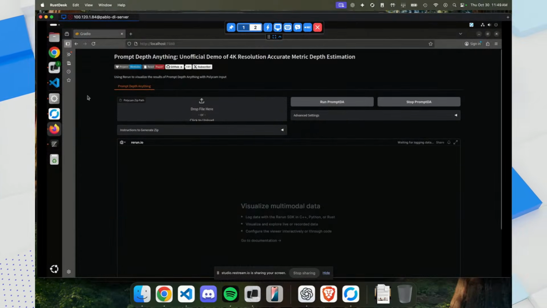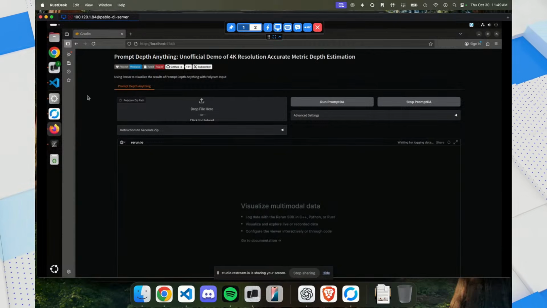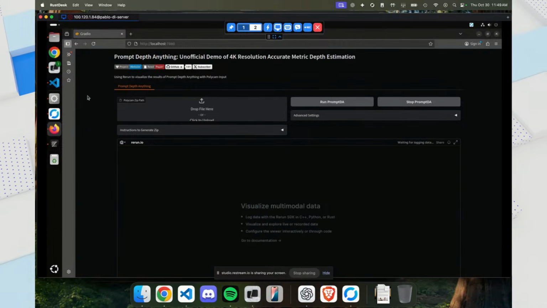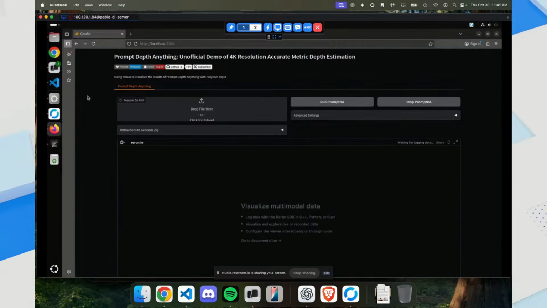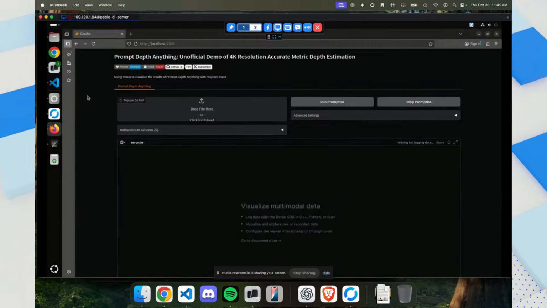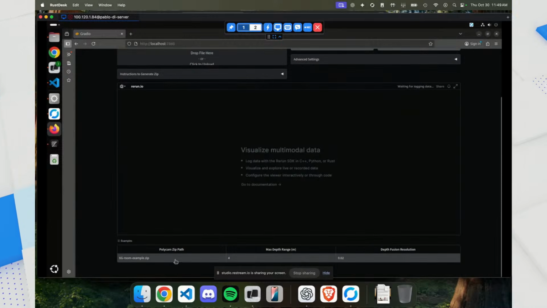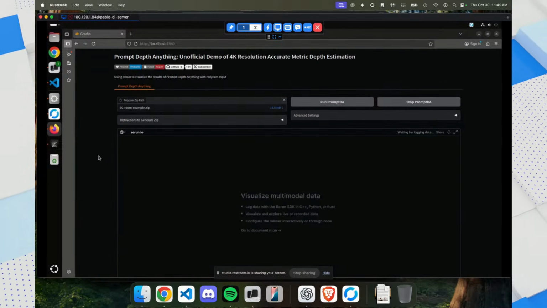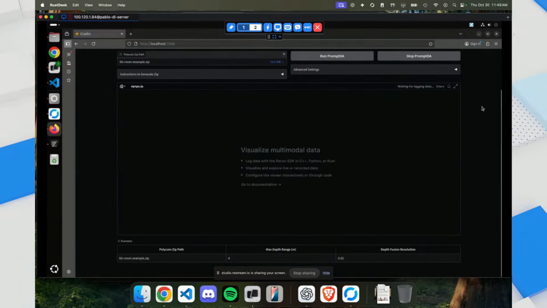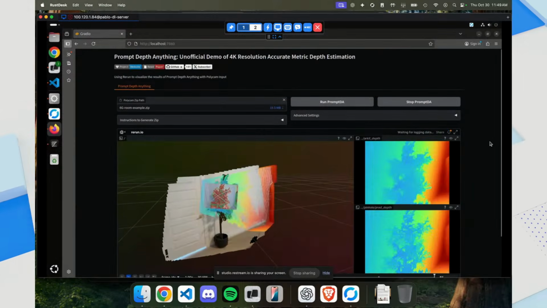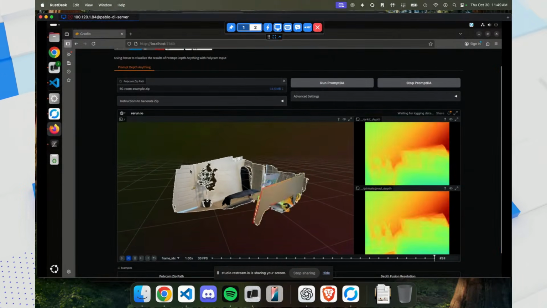Basically, this is an old paper from ByteDance called Prompt Depth Anything, which takes a low resolution LiDAR map, in this case from an iPhone. iPhones have these little time of flight sensors on the back that produce 256 by 192 depth maps. They're super low resolution, but they're metrically accurate, so they're super helpful. The idea is you take this map and throw it into a modified version of Depth Anything, called Prompt Depth Anything, to do depth map super resolution. And what I did is integrate a little UI with Rerun and Gradio